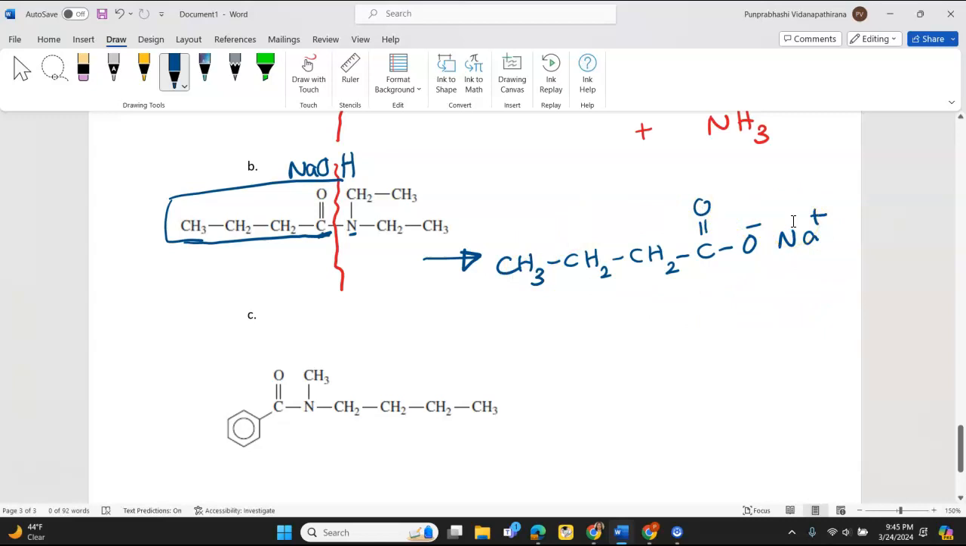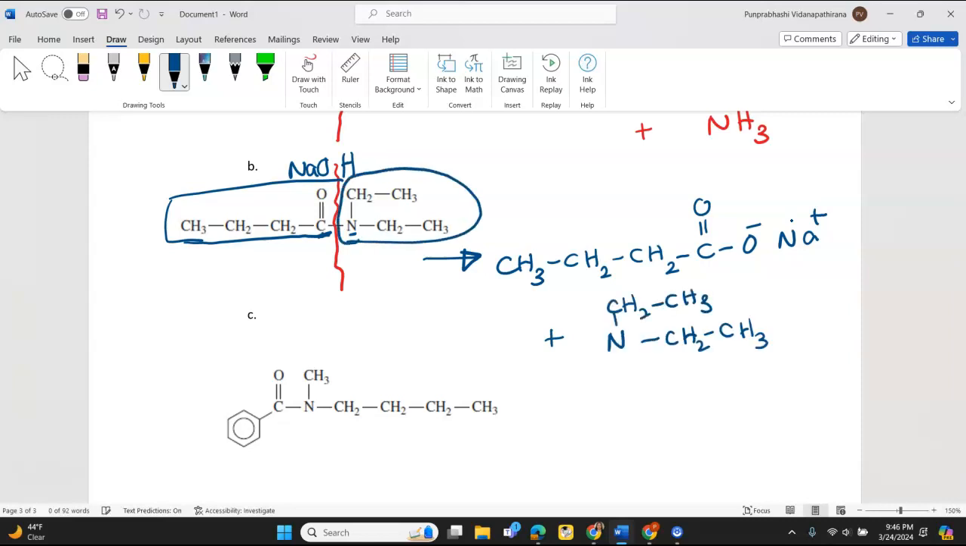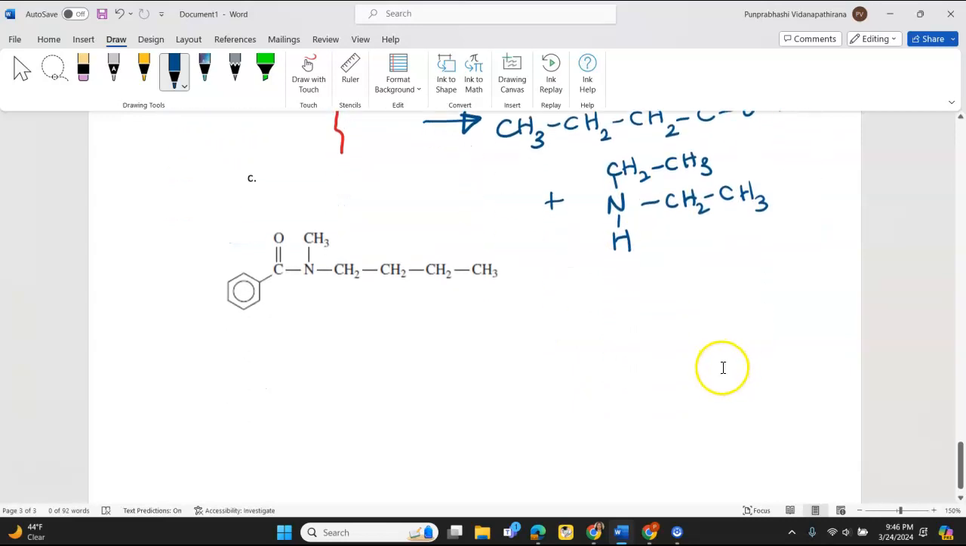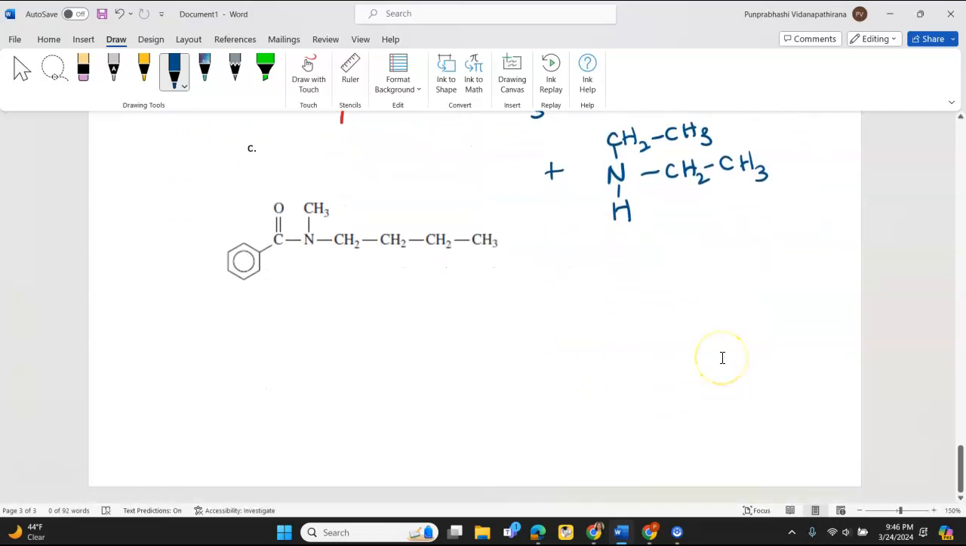And the other fragment, just copy down the same thing from the amine, and the hydrogen atom comes, and that's diethylamine. That will be the second product. Okay, and in C, now again do the same. Break up the amide bond,